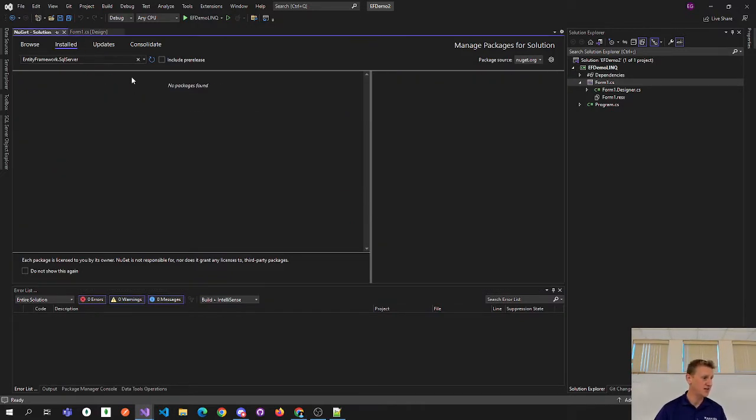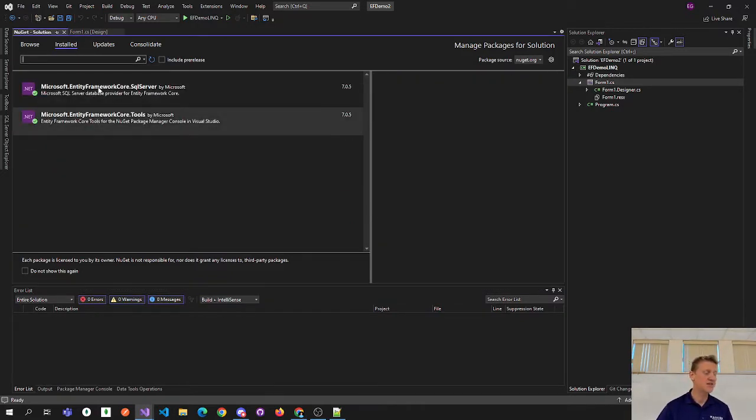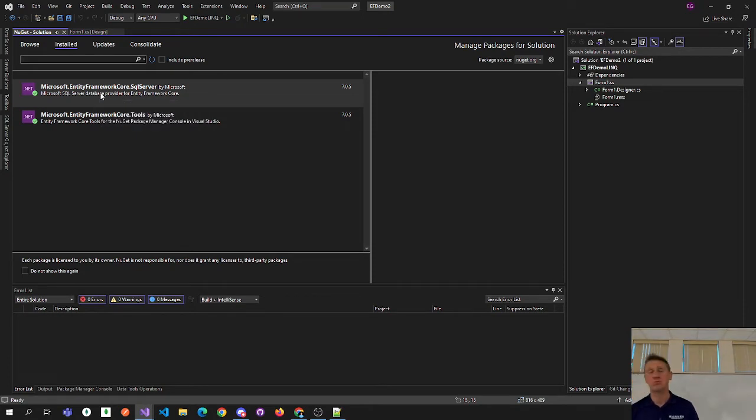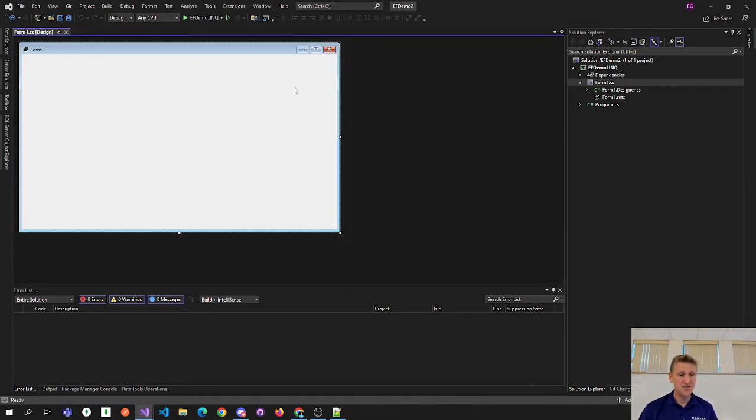We need those two things. And you can see these are the two packages that I've brought into my solution so that I can work with some Entity Framework code. Okay, so that's step one. Step two is we need to define our class or our thing that we're going to save in a